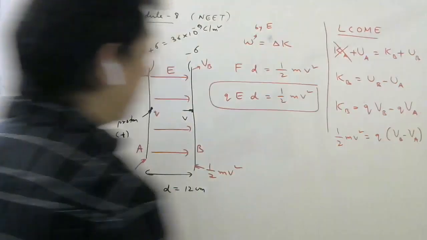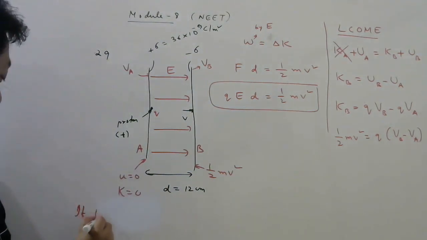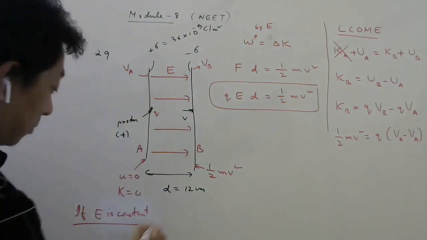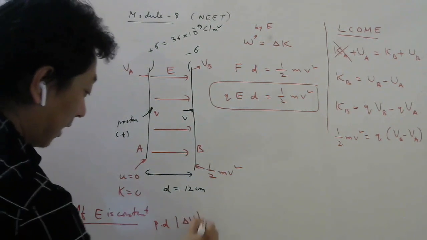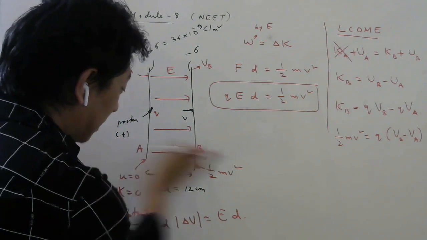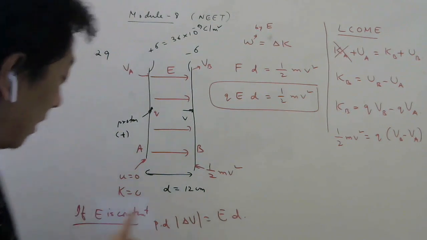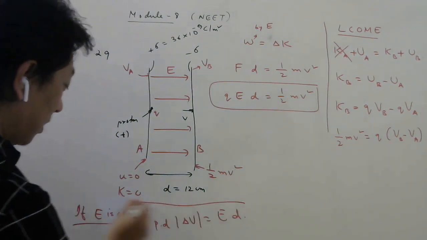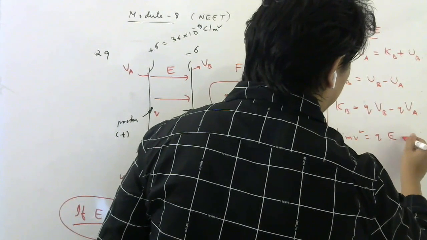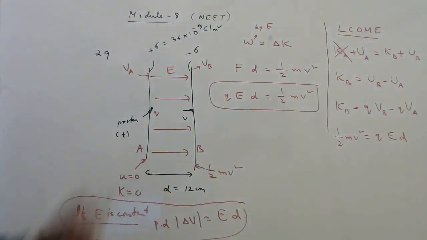What is VB minus VA? Potential difference between the plates. And if you remember, if electric field is constant, like in this example, then the potential difference magnitude I can write simply E into D, because I'm moving this way, so my distance is in the same direction as electric field. Many times I have told you this potential difference is E into D if electric field is constant. Okay, so check this somewhere, you'll find this. So in place of potential difference, I can write what, students? E into D. Okay, so you can see the same equation you will get. So whichever way you are comfortable, you can use.